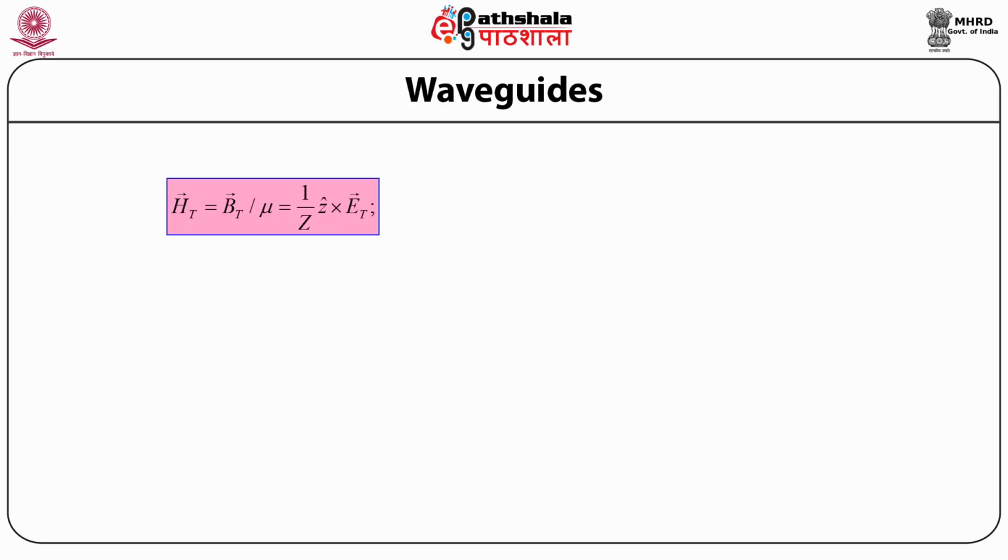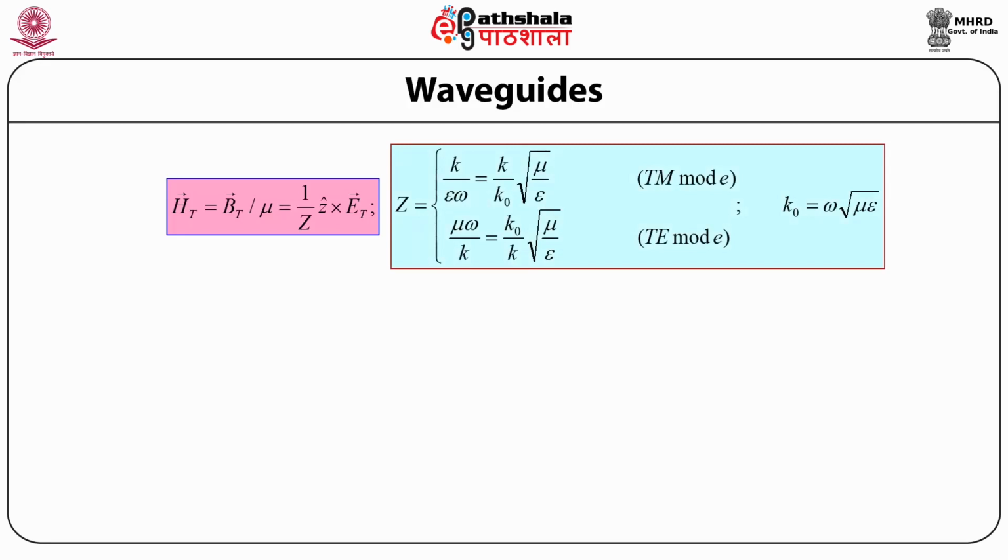where Z is equal to k upon epsilon omega, and this is equal to k by k naught times under root of mu by epsilon for the transverse magnetic mode, where